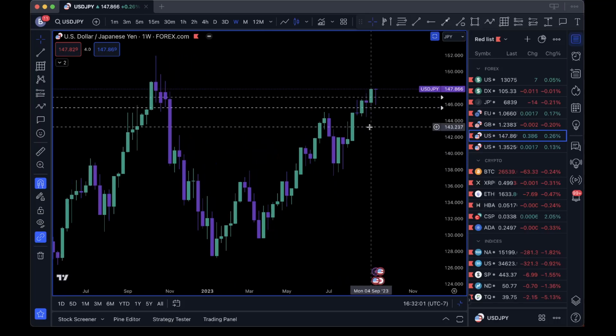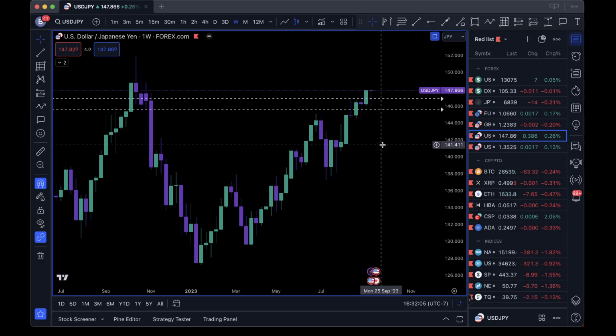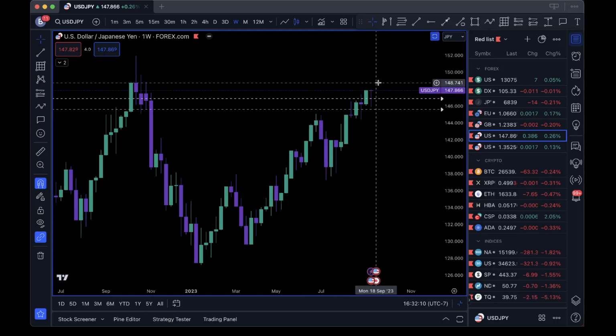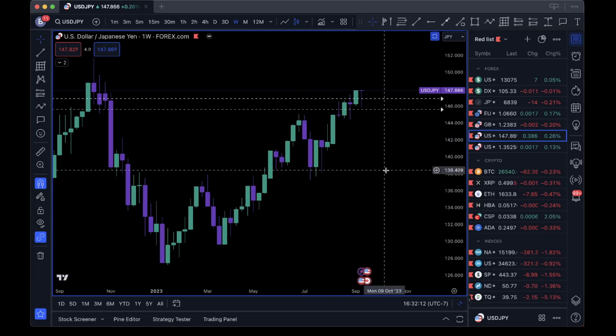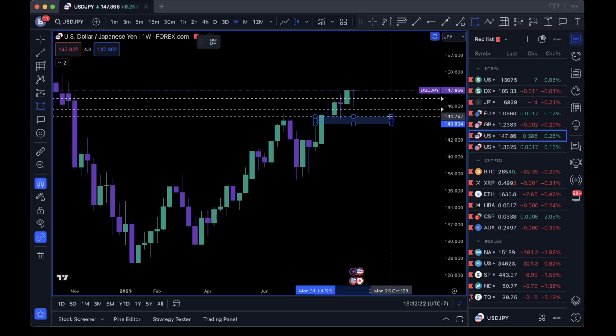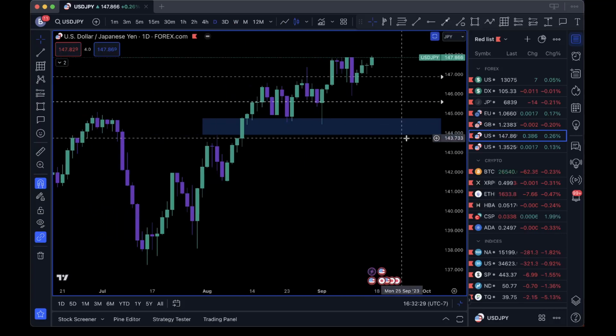This actually looks kind of choppy even on the weekly, just kind of the way it's pushing and pulling. And we are starting to get a little divergence between this top and this top. But this is still a bullish chart, okay? We have a little bit of fair value gap down here. Not much, but we got one, right? There's our fair value gap. We have tapped into it once, but there's no reason price can't return to it. But this is on a weekly chart, so who knows how long that would take.